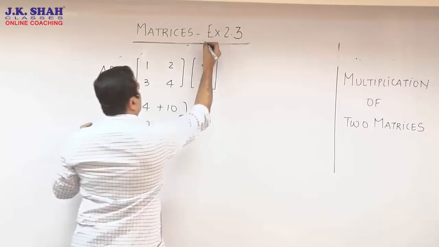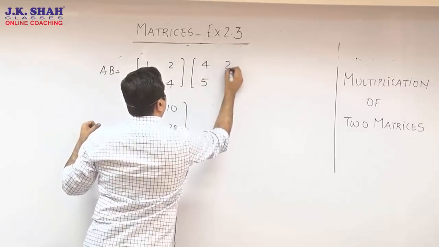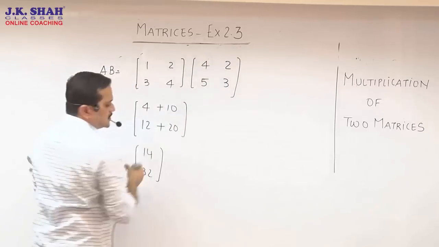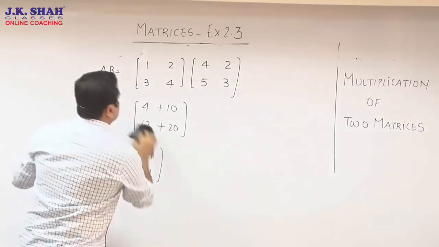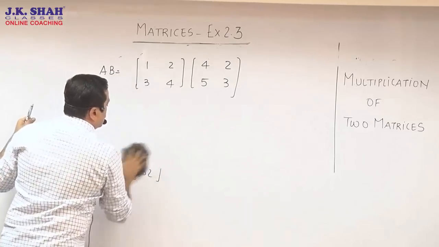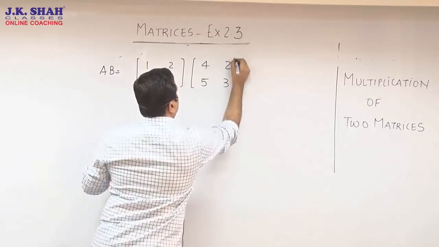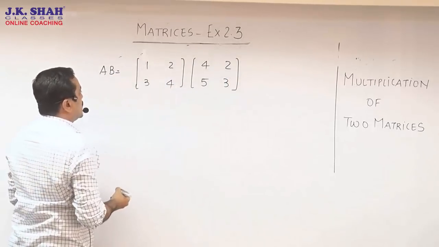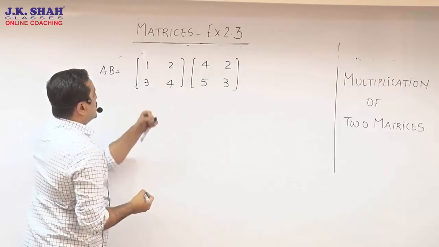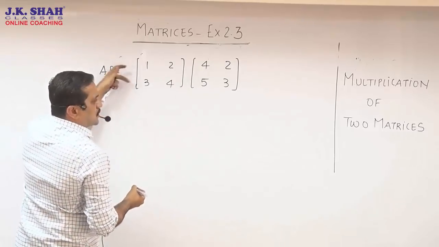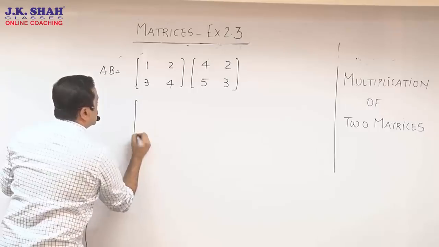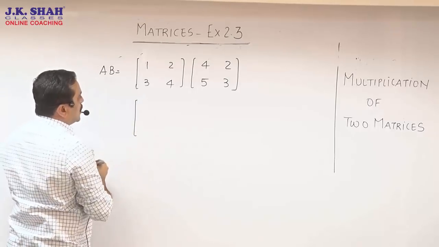Now let me add one more column over here. 2, 3. Let's start once again. Practice is the only way. You will have to practice a lot on multiplication. Otherwise, a lot of people get the multiplication wrong. So now, again when you are multiplying the two matrices and the first matrix has got 2 rows, then the output also has got 2 rows. So how are we going to go about that?